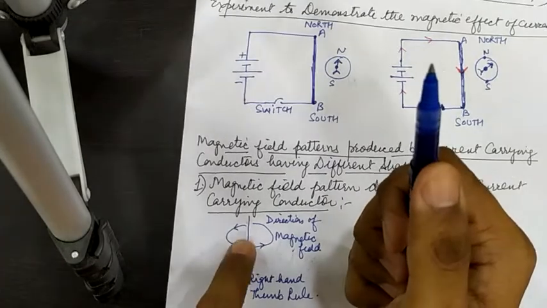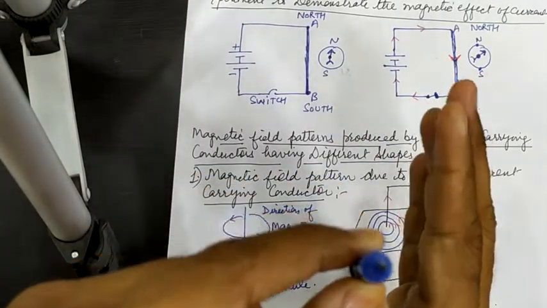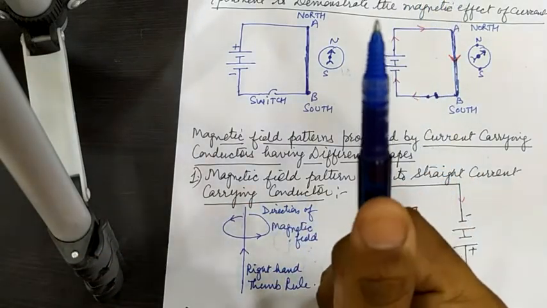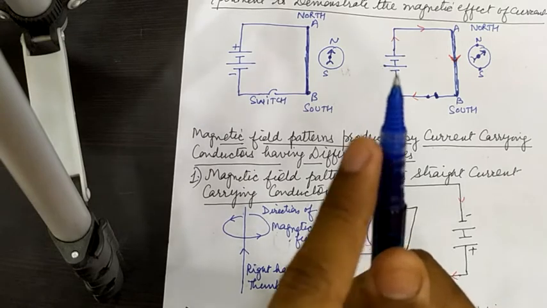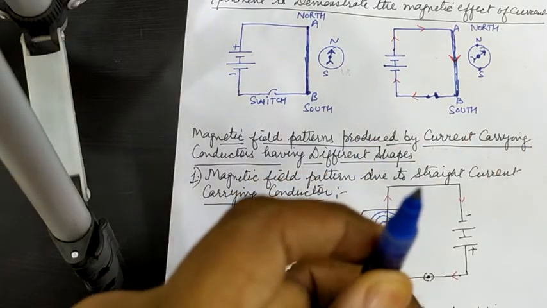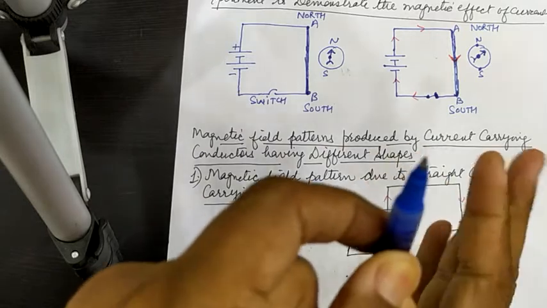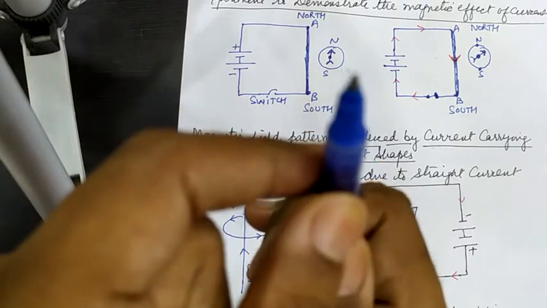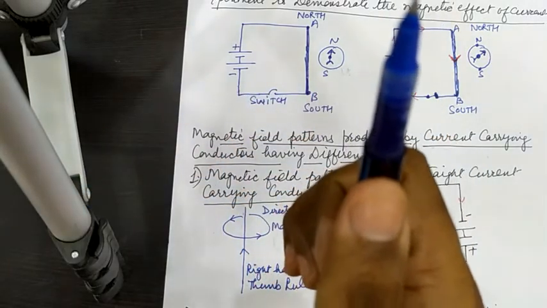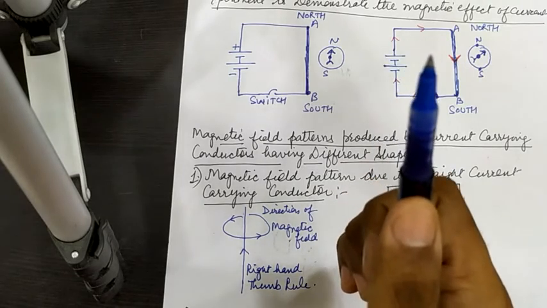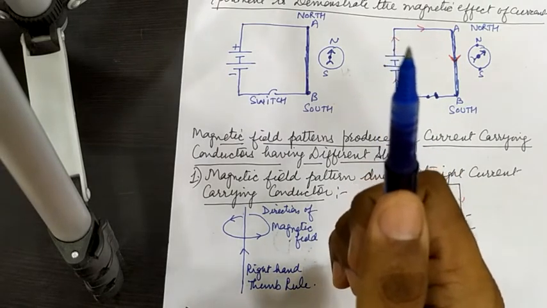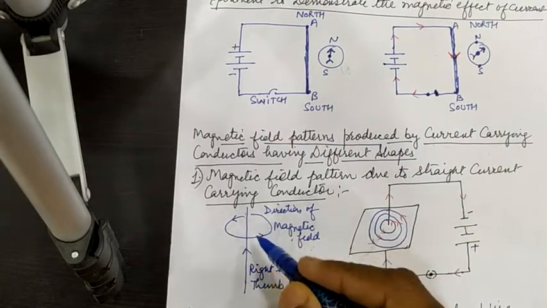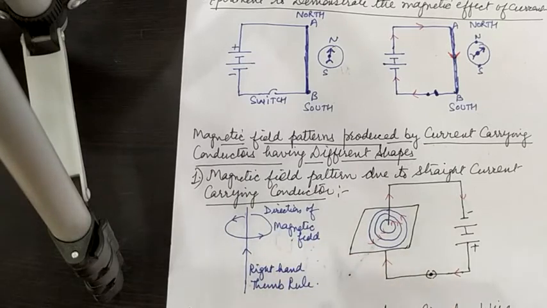Then the direction in which your fingers are curling will give the direction of the magnetic field. The thumb is pointing towards the direction of current, and the fingers encircling the wire give the direction of the magnetic field. Got it? So the fingers curling, encircling, will give the direction of magnetic field around it. If current is upwards, then the direction is anti-clockwise, as you can see here.